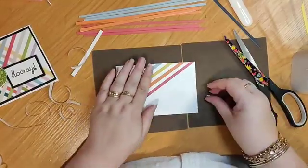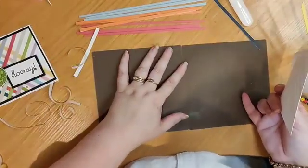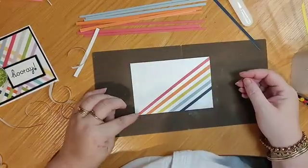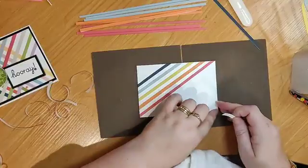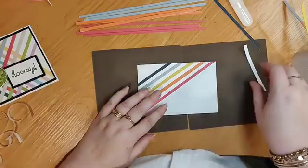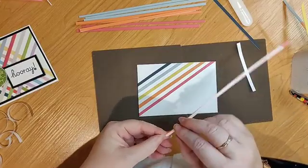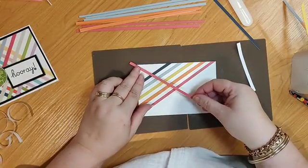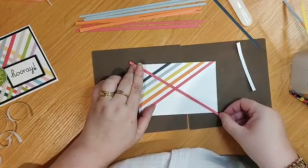Alright, and the silicone mat means that I've actually got two side by side, but the silicone mat means that it's not going to stick to your table. And I'm actually going to turn it this way. Right, what I want to do now is go from here to here, and I want to have this little opening here. So I'm going to start with Strawberry Slush again. I'm going to go over the top. And I'm going to come on the inside here, just underneath the corner on the left hand side, and I'm going to come inside the corner here,